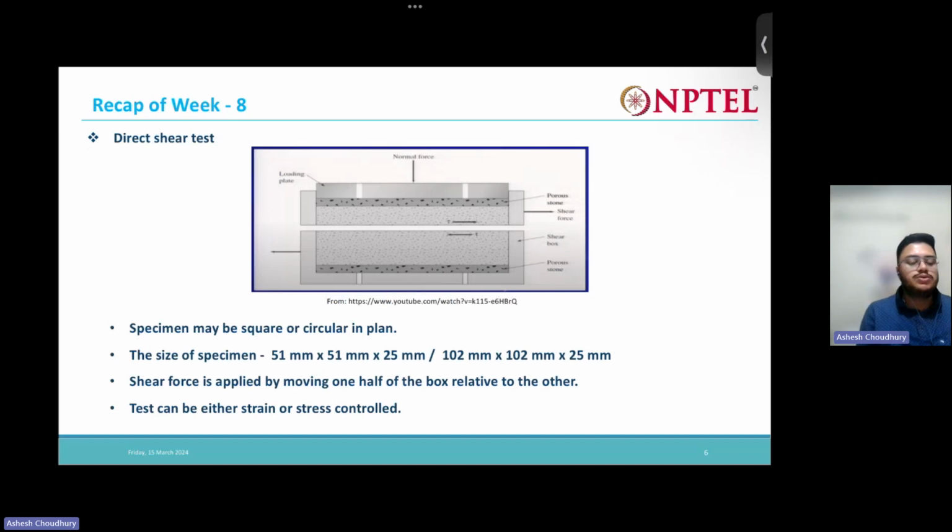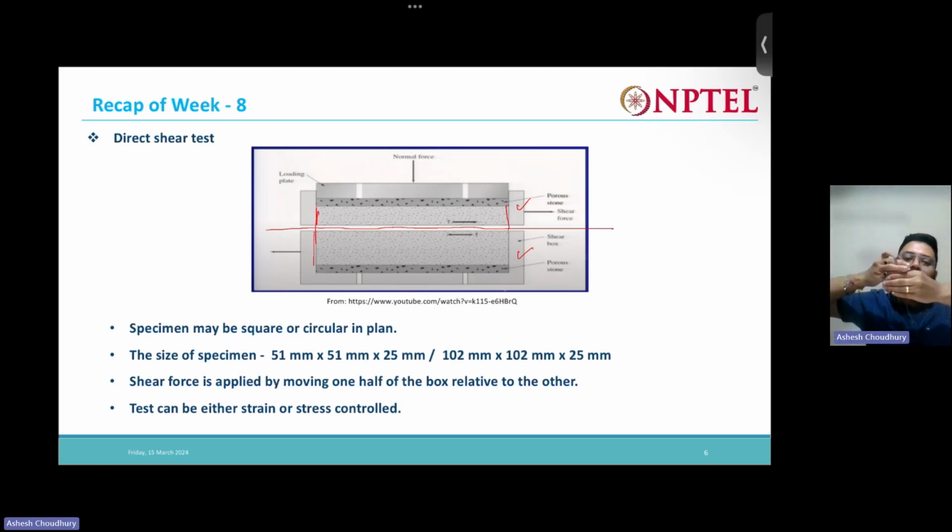So direct shear test, you can see in this diagram there are two halves. This is the lower half and this is the upper half. We actually predefine the failure plane in this case. We put soil sample here. It is nothing but a box, which has a lower half and an upper half. So we fill soil in the box, and then what we do is